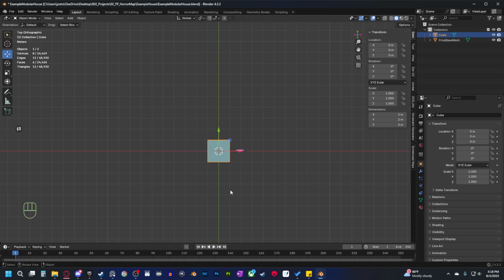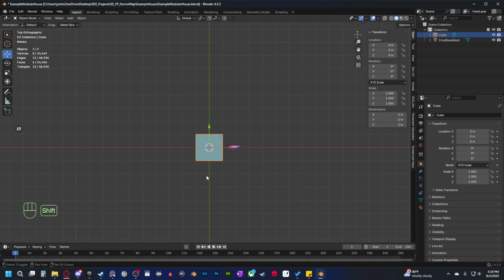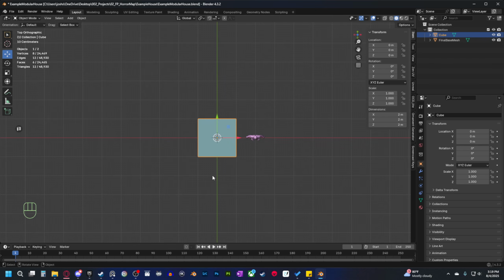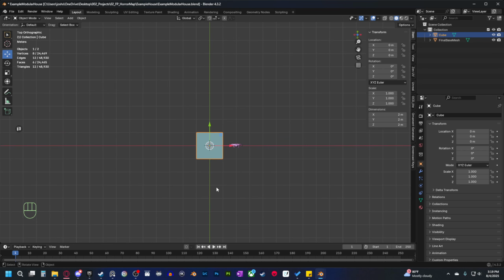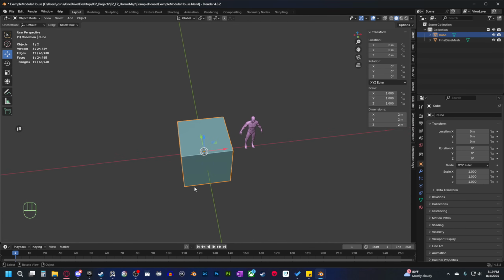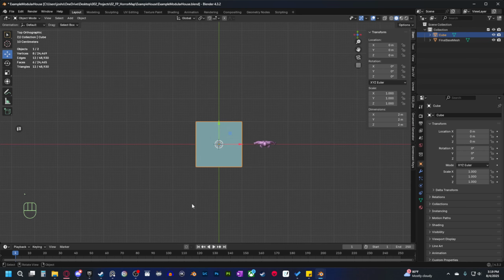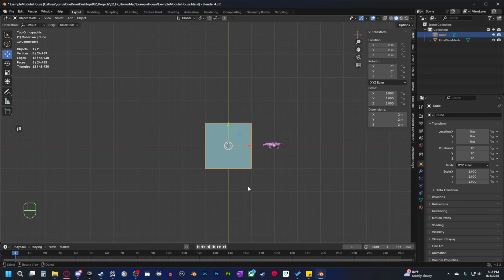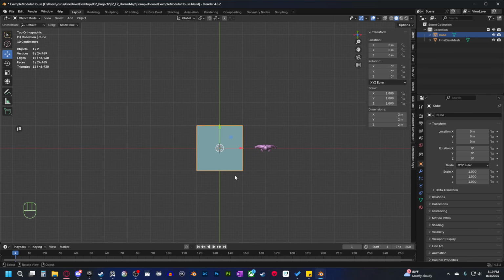Now, because we use the metric system in Unreal and Blender by default, then that grid is going to be built on the metric system. So if you're pretty much anyone outside of the US, then you probably already know the metric system. If you're someone in the US and you don't know the metric system, then you really need to learn, because it's great and wonderful and easy to use, and very easy to work with. It's not hard, but everything is based on increments of 10,